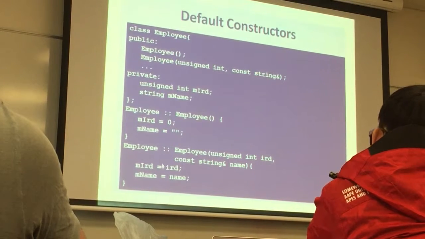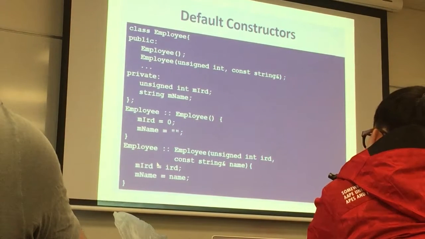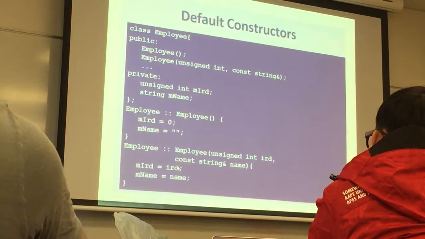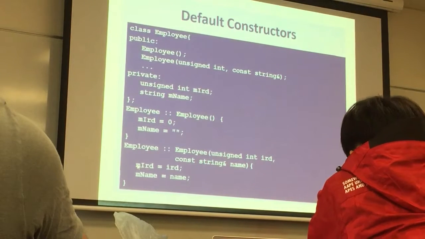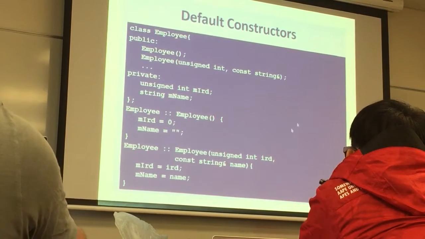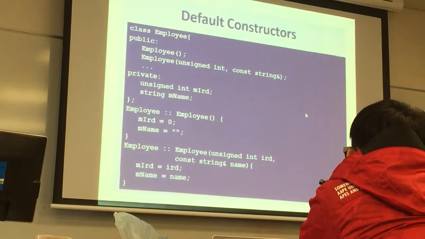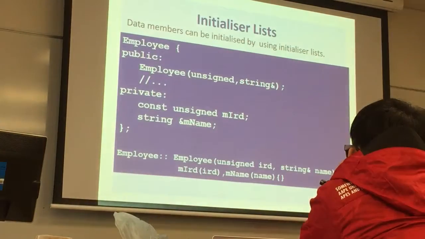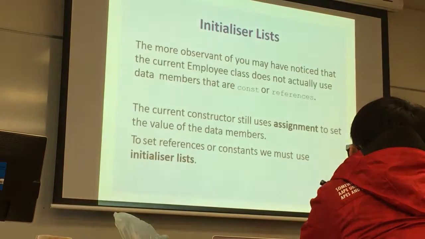This is an assignment operator. This is a function which is called, plus this value is stored somewhere, a temporary variable, and then that is assigned to here. And this is a slow process, one reason. To speed up,